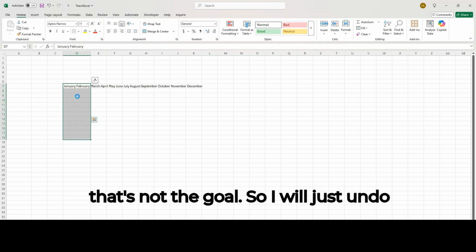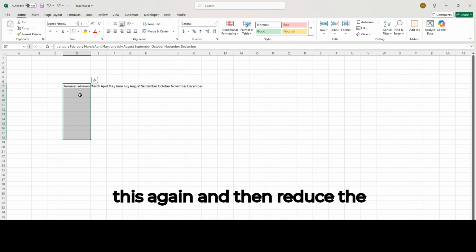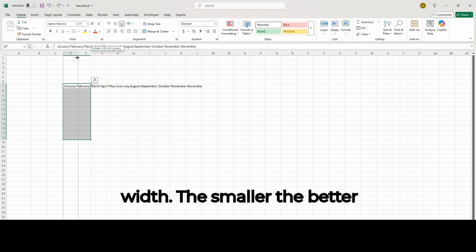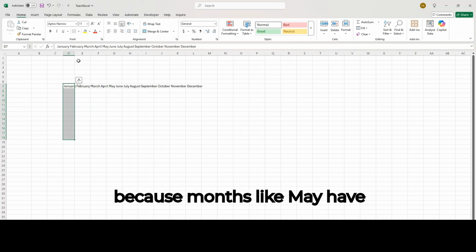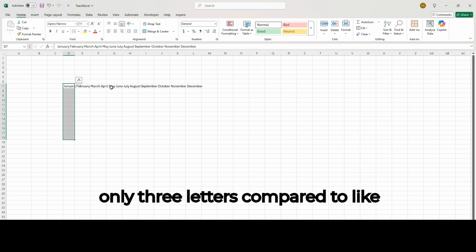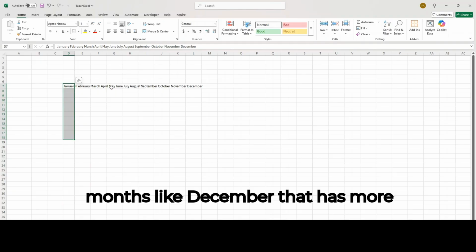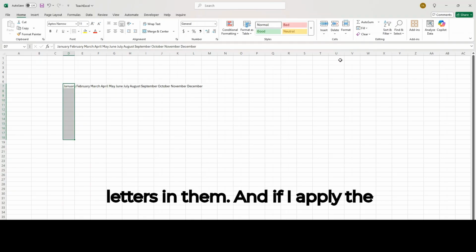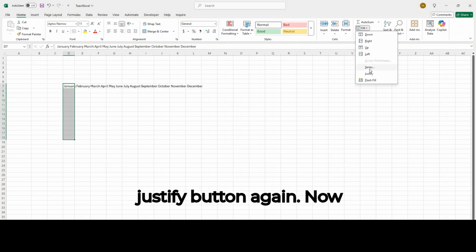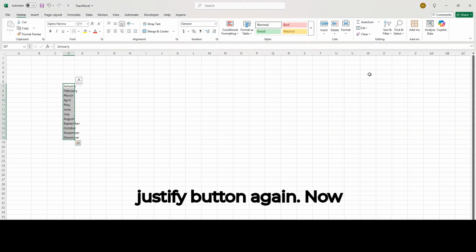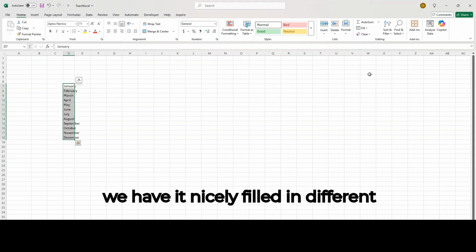So I will just undo this again and then reduce the width. The smaller the better, because months like May have only 3 letters compared to months like December that has more letters in them. And if I apply the justify button again,